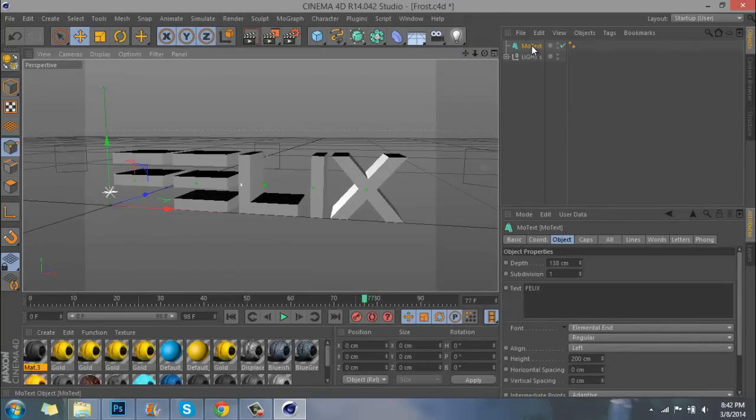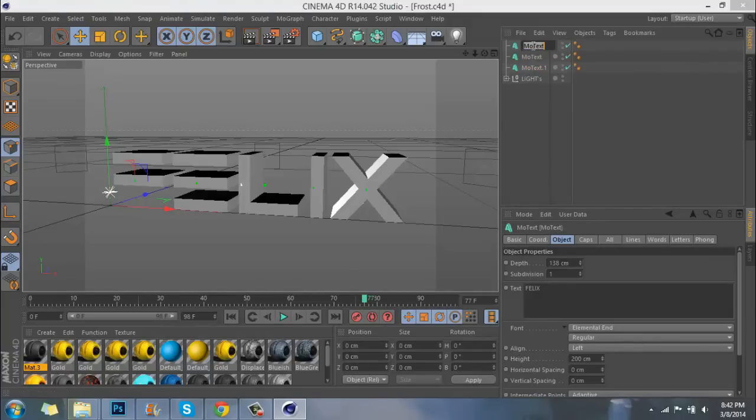But alright, we're going to duplicate this, not the light. We're going to duplicate this twice, and then we're going to rename them normal, cap, and then broken. So we have 3 layers, and they're pretty self-explanatory, but you want to go to cap,